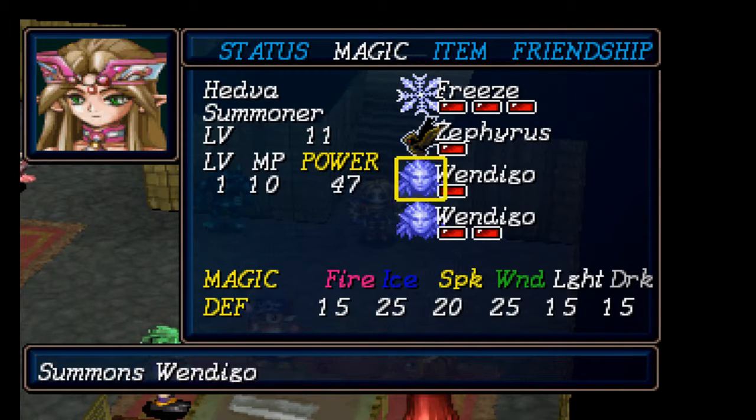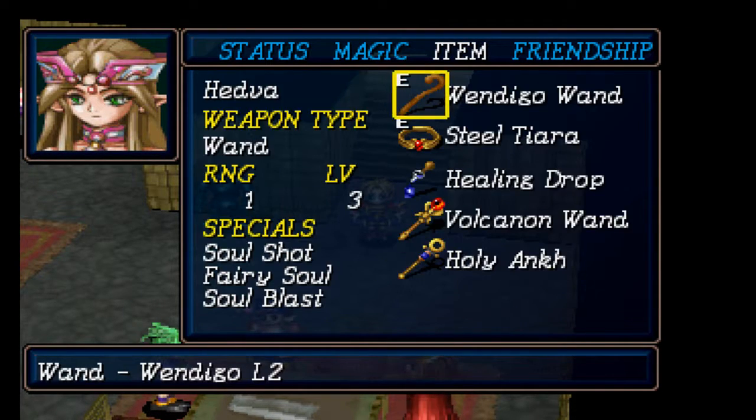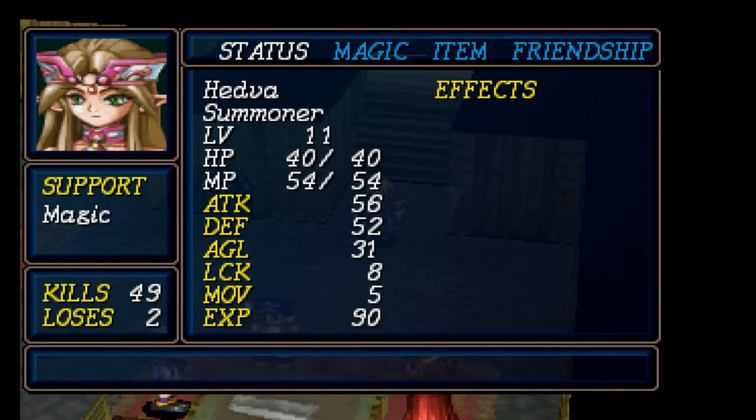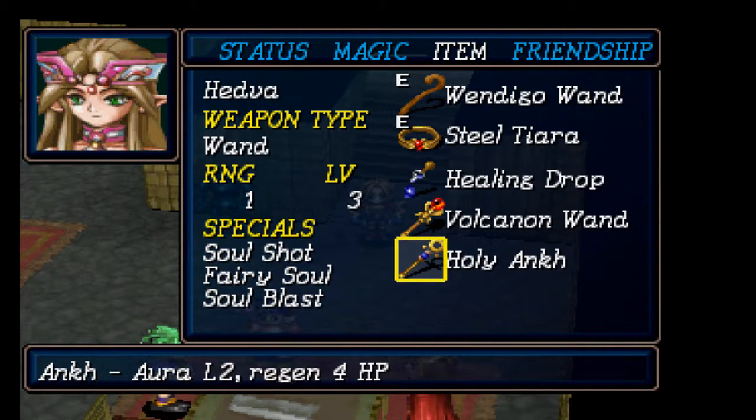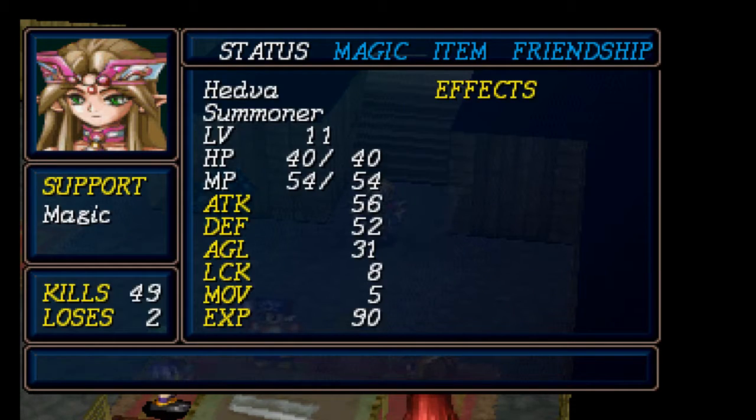So she won't heal a whole lot, but I can switch over to the Ankh if I want. Like, it's nice to have access to Wendigo 2, and the Wendigo wand gives her a big boost to defense. But if I want to heal, I do have a second person with aura now that I can switch over, and she's got a lot of MP, plus she regenerates MP, so I thought it's better for her than for